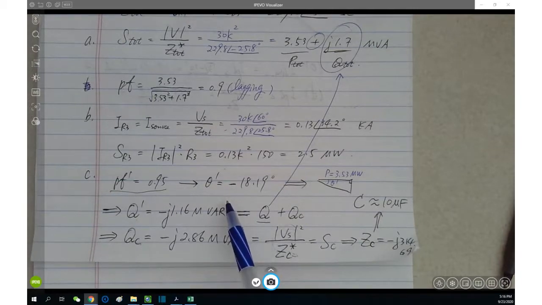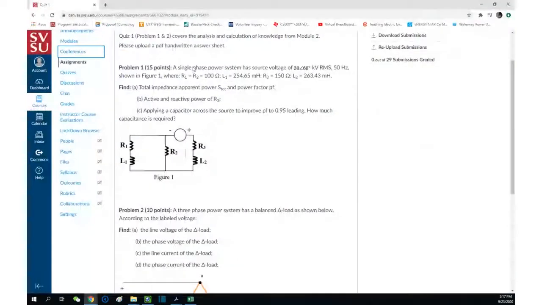Oh, it wanted leading. I must not have seen that. Because the original power factor is 0.9 lagging. Now you improve the magnitude of the power factor, but also it becomes leading. Oh, that's because the question must have said 0.95 leading, correct? Correct. Okay, that was my mistake. Got it. And as further evidence,